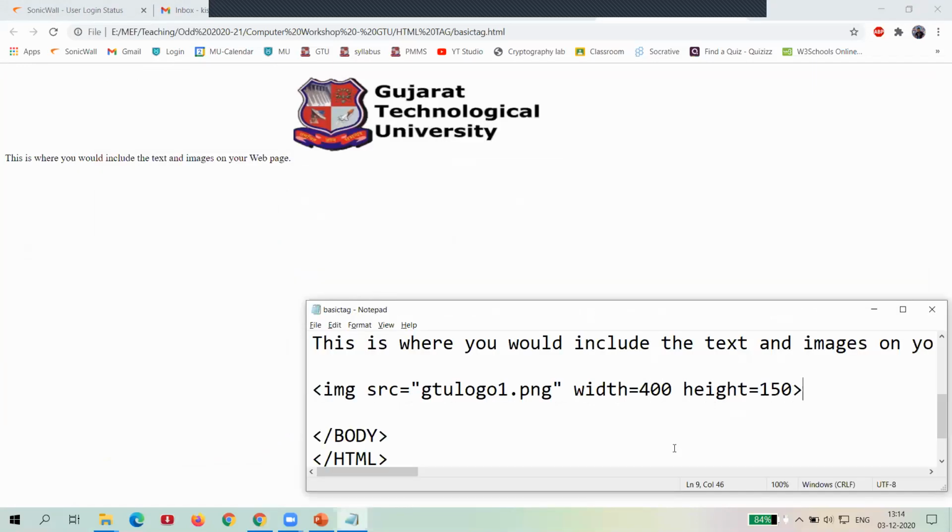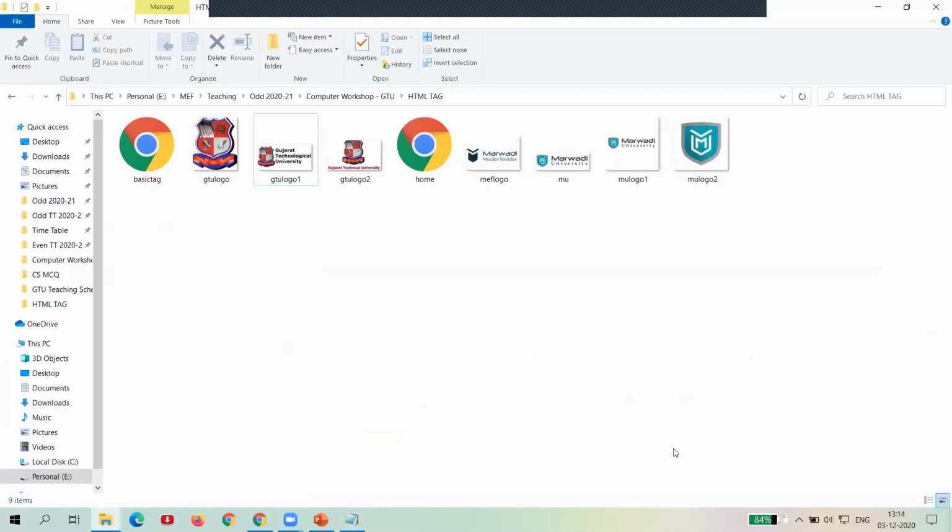Now also you can insert multiple images as per your requirement. Like I will add another image src. First of all, I have to download that image. I already downloaded a few MU logos. Like for example, that is an MU logo. That file I have to insert in my website.